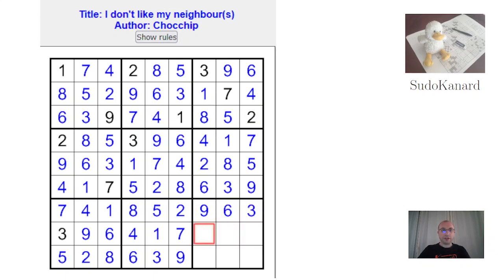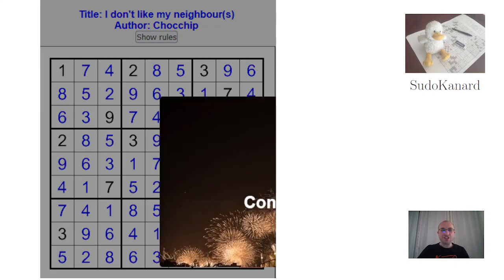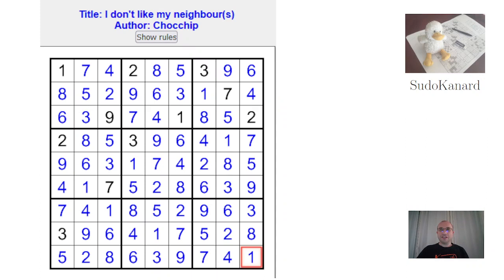Here we need 2, 5, and 8. So that's the 5, that's the 2, that's the 8. And here we need 1, 4. Well, actually, there's only 1 digit missing in each column. And that's it. So it was really a non-struggling,